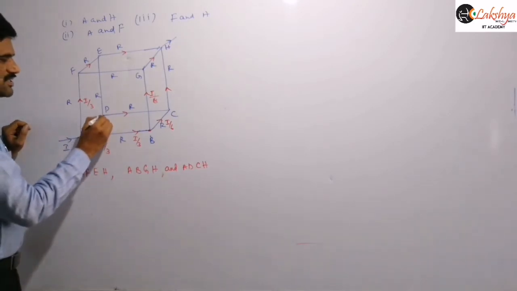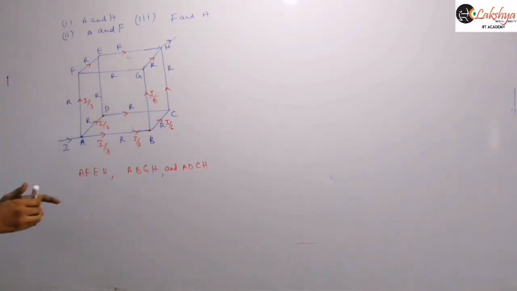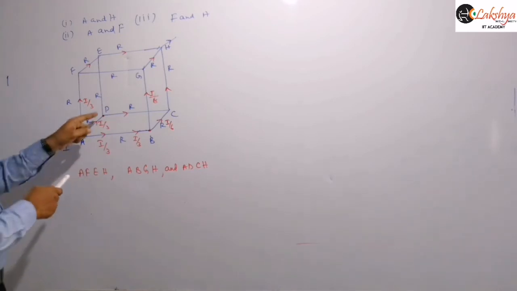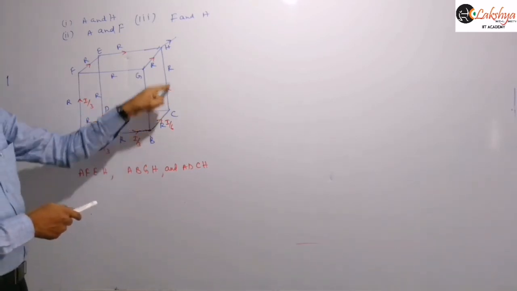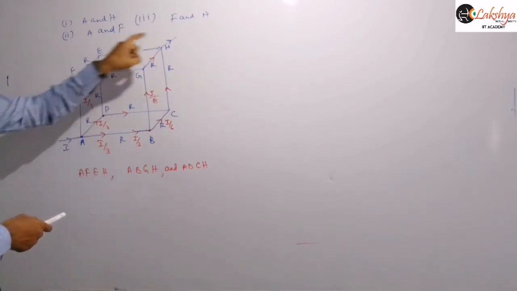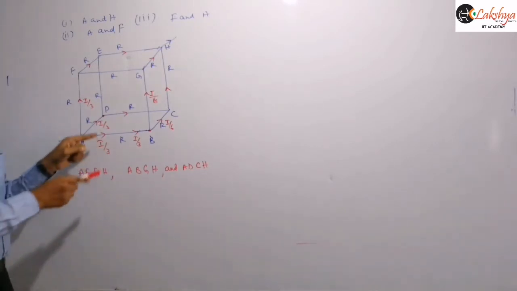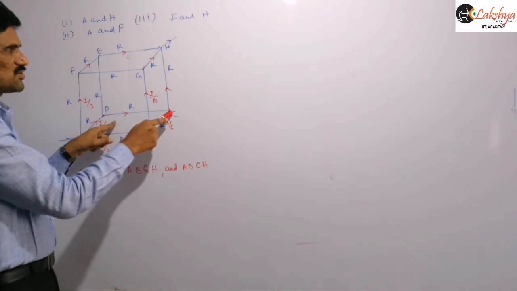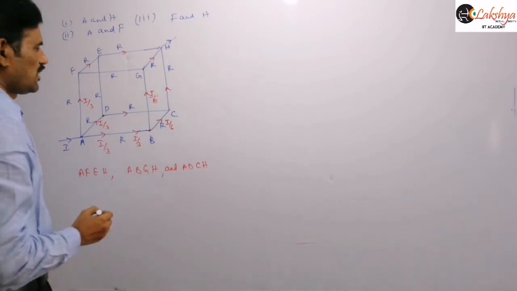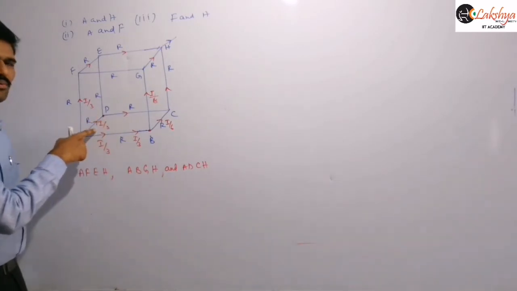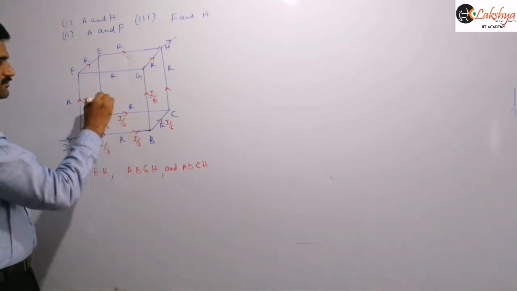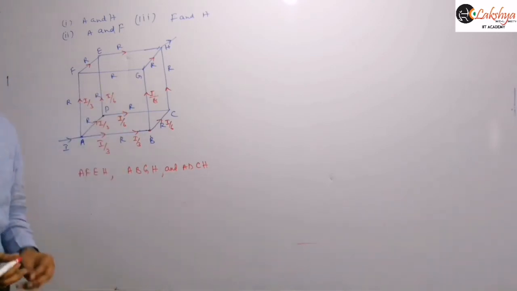Now again similarly let us reach this junction. Let us consider the junction D. At the junction D, again two paths are available, right? One path is, say this, DCH, 2R we need to cross, and here also 2R, that means D to E, E to H, 2R. And again their configuration is also same. From C to D if you consider, here two resistors are joining, and here also two resistors are joining, and that resistance is directly reaching this point H here. And so again what we can say is, this current I by 3 will divide equally further. So here this is I by 6 and this current is I by 6, right?